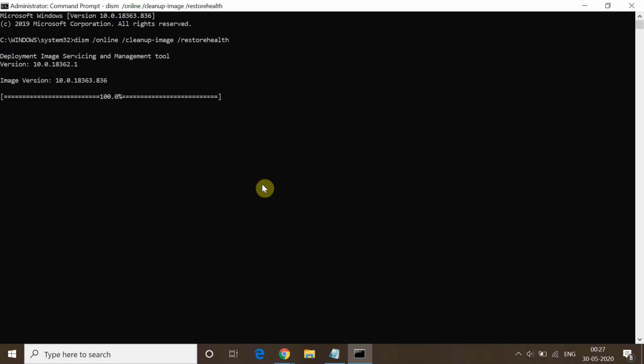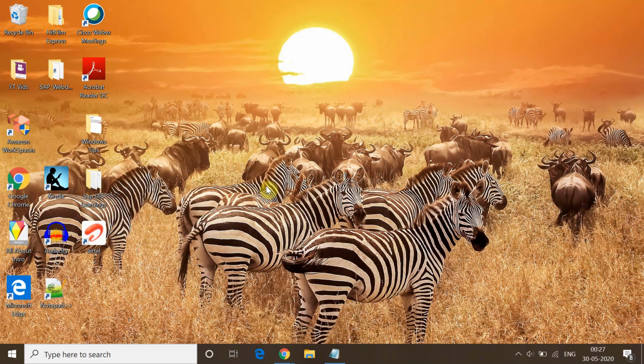Wait till the message appears. It takes a little time, and here you will get this message: the restore operation completed successfully. After that, exit this and try to take the backup of your Windows and check whether you are still getting that error or not.